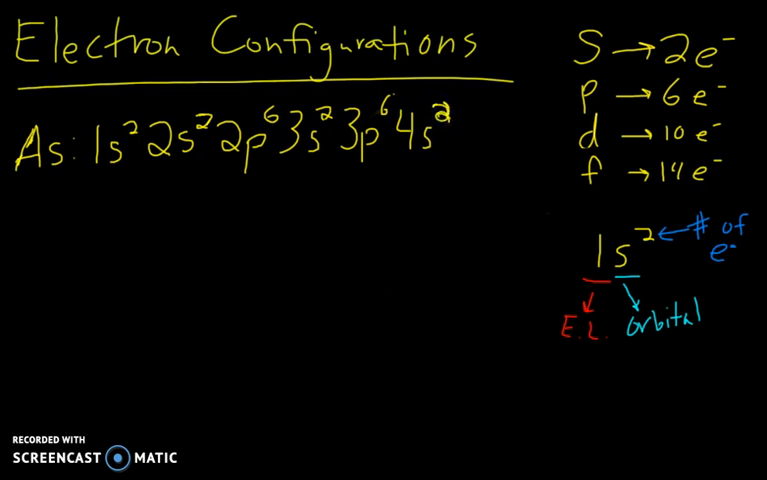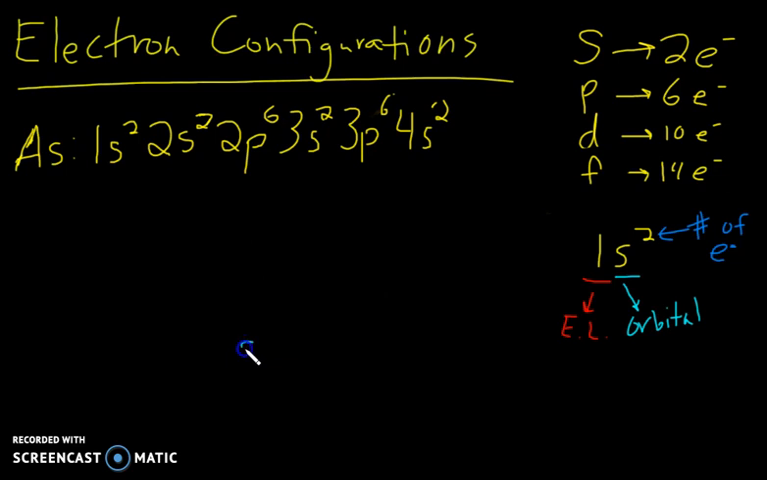Sorry, that 2 looks really bad. I'm going to go fix that real quick. So we've got 2 electrons in that s orbital. And now we move into the d section. And the d section gets really interesting. Because if you remember,